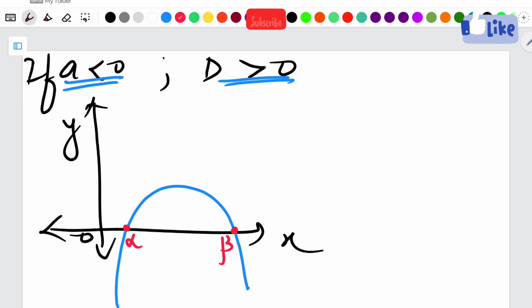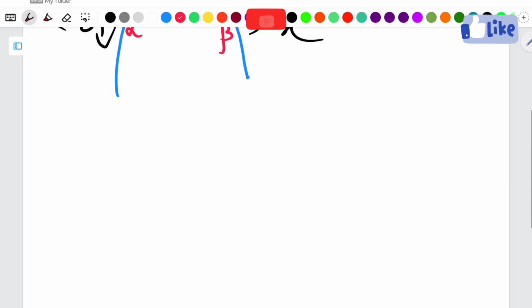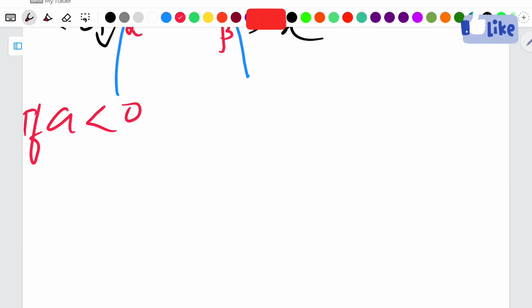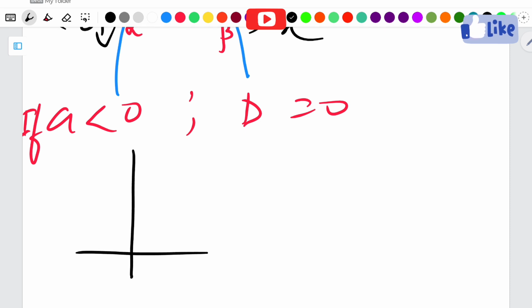So this is the graph of a quadratic equation if a is less than 0 and d is positive. Now the other condition: if a is negative and d is equal to 0, so this is one condition also. So let this be a